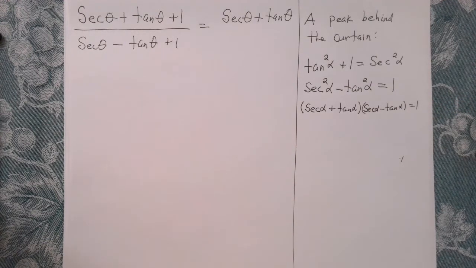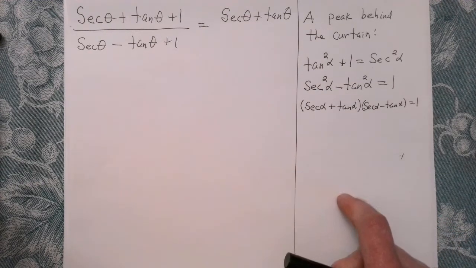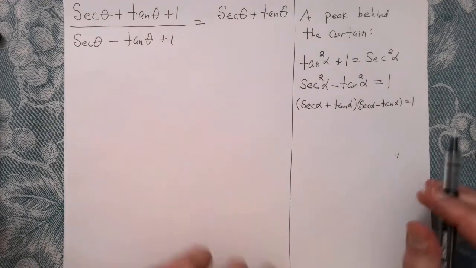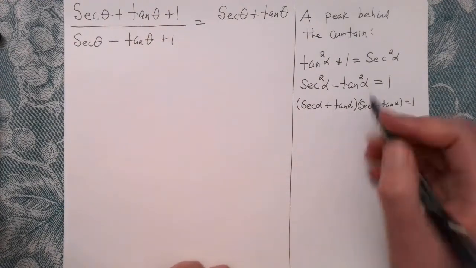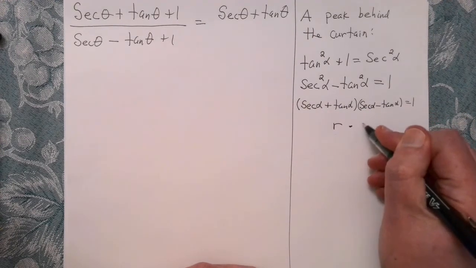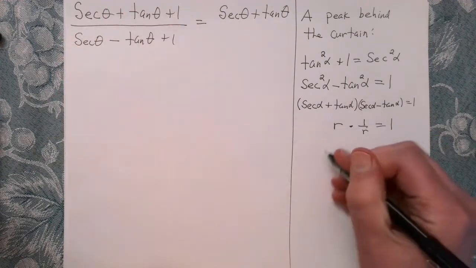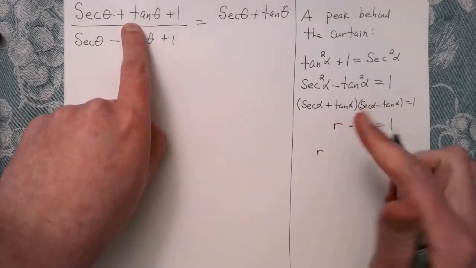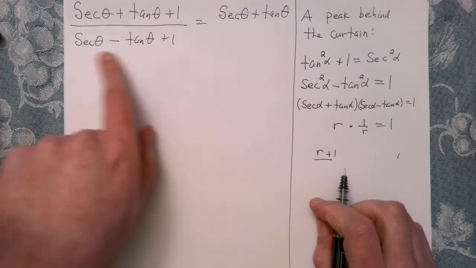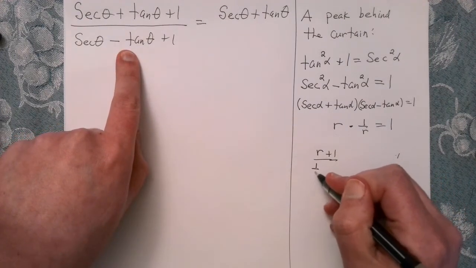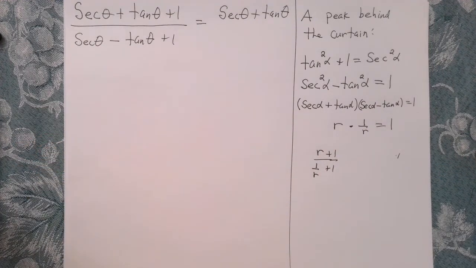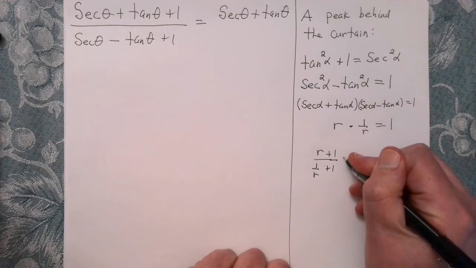Well, that means that these are reciprocals. So if I think in this way, this will give me a strategy for solving this, right? So these are reciprocals. So I've got some situation like this, r times 1 over r equals 1. Okay, so what does that mean? Well, look at the form of what we have here. So this is r, plus 1, over, this is the reciprocal 1 over r, plus 1. And then if I multiply the top and the bottom by r,